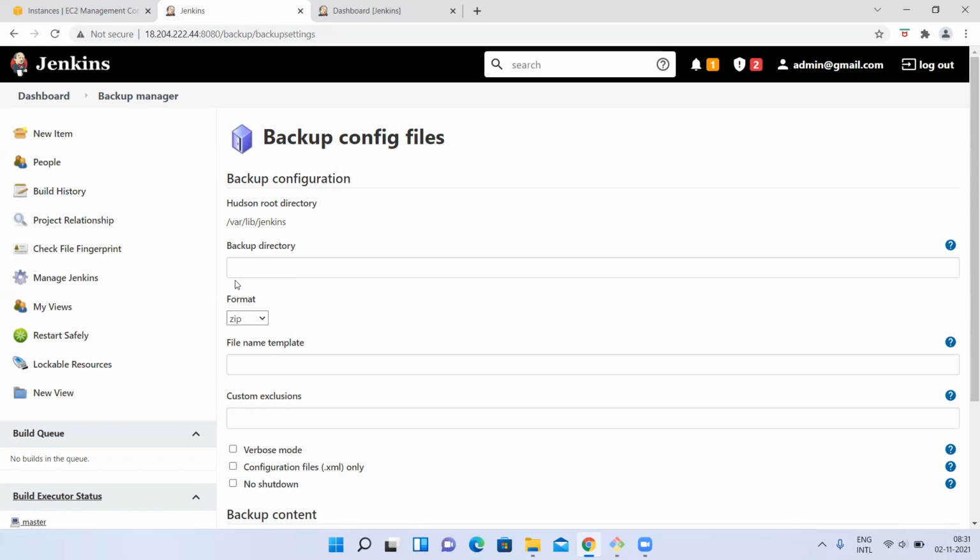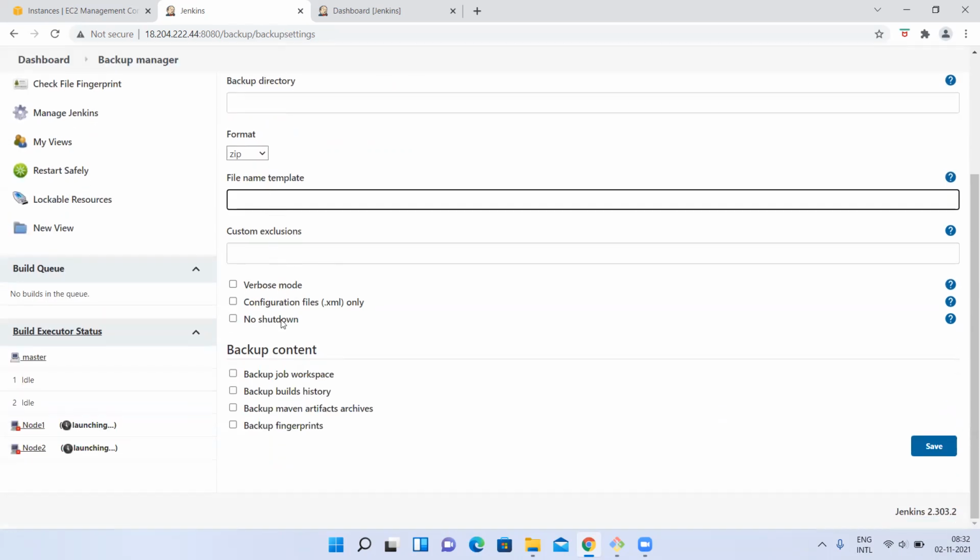Why do we have to take it as a zip? Because without compressing, it will take a lot of time to take the copy. Once it is compressed, it will be done very easily, with less memory, right? So there is the file name template like this, and there are so many configurations you can do. Okay, it will take. Next,